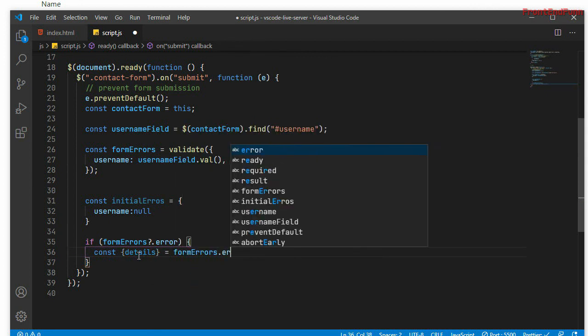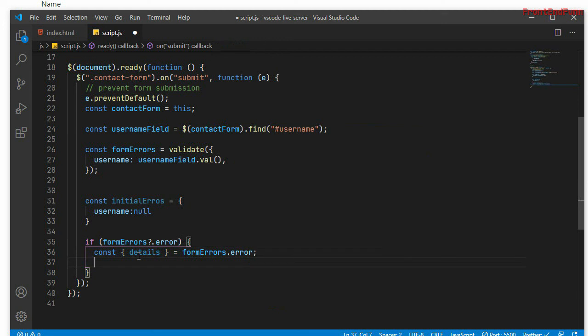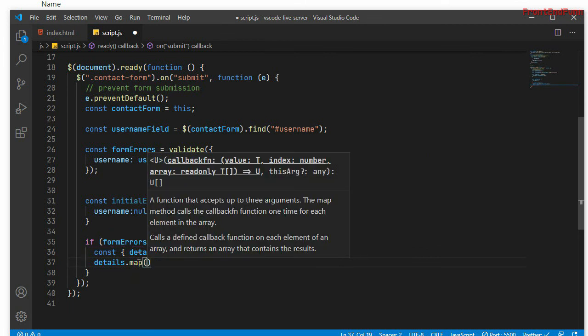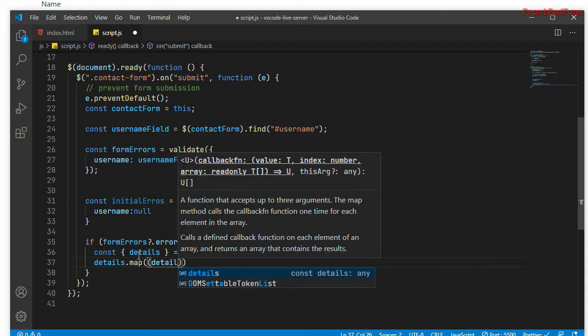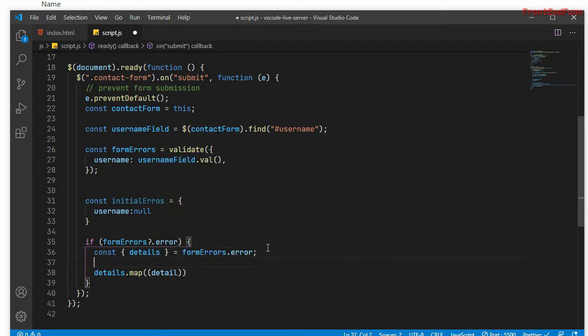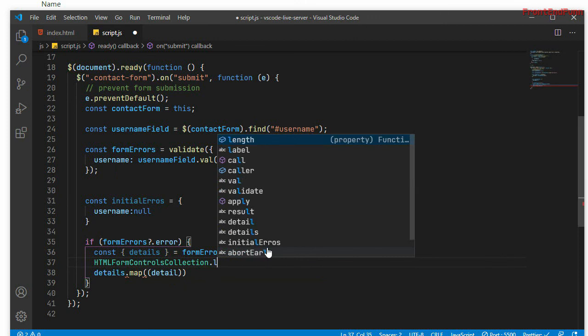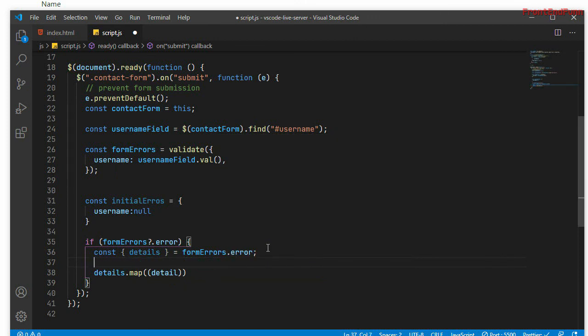Form errors dot error dot details dot map. Details is an array which contains all the errors here. I'll just write the console logs here so that you can see. Console dot log details.